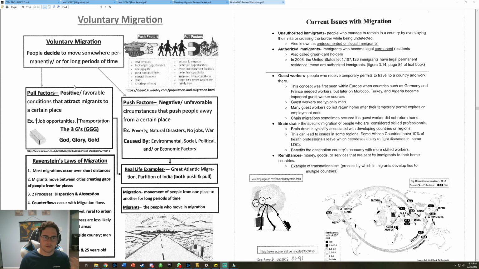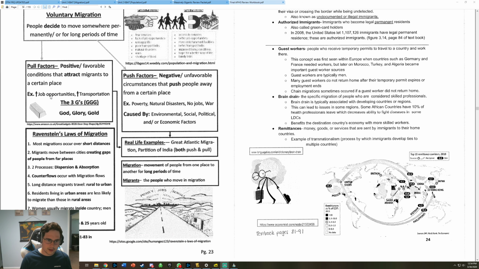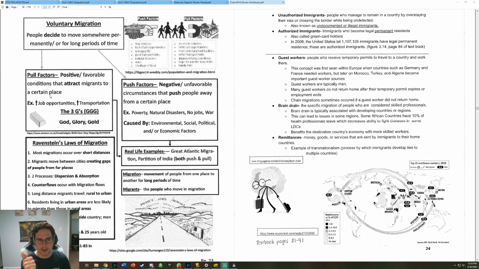So let's start with pull factors. The biggest one is going to be economics by far, like job opportunity in another country, state, city, whatever. The other one's going to be maybe you want to go live with your family. Maybe you want to live in a nice beachy area like Florida or California for retirement. The weather can be one. Maybe you're moving because you disagree with a lot of government policies and you want to get out. So what I just did was ESPN: economic, social, political, and environmental.